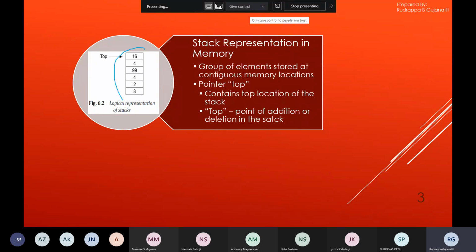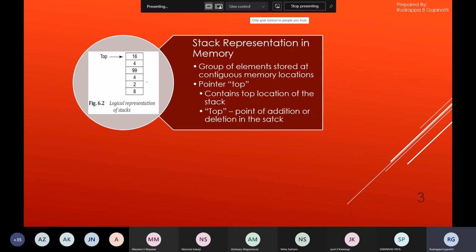But in a stack, we allocate a memory space for the stack at the start. Since we are allocating the memory space at the start, this memory space will contain addresses which are contiguous in nature. So what is meant by contiguous? Say if this address is 1000, and one location consumes 1 byte, then the next address will be 1001, the next 1002, the next 1003, and it keeps on continuing. This is what is meant by contiguous memory locations.